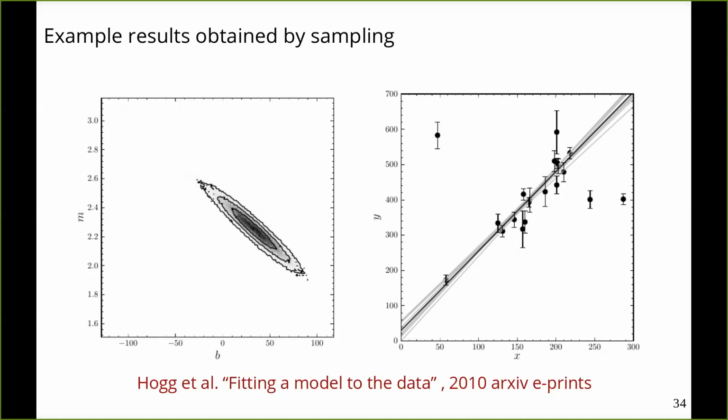And the fact that this ellipse is inclined in a specific way in this phase space tells us that these two parameters are